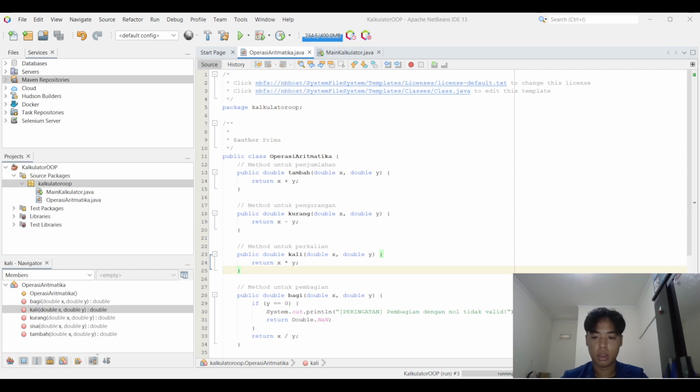Okay, so OOP, or Object Oriented Programming, is a programming paradigm that organizes software design around objects rather than functions or procedures alone. An object bundles together data, called attributes, and procedures that operate on that data, called methods. The main goals of OOP are to make code more modular, easier to maintain, and easier to reuse.